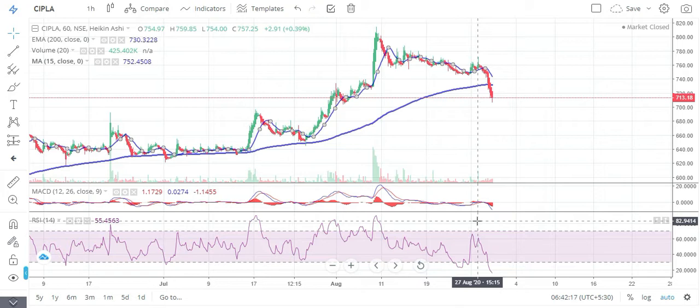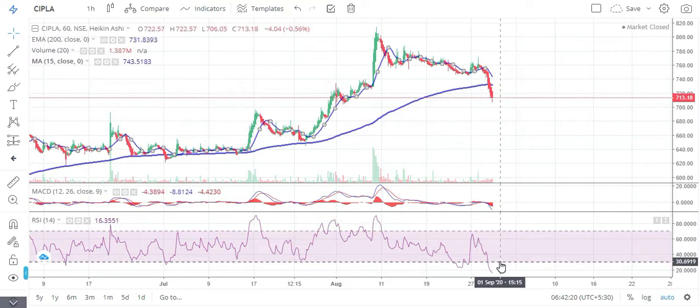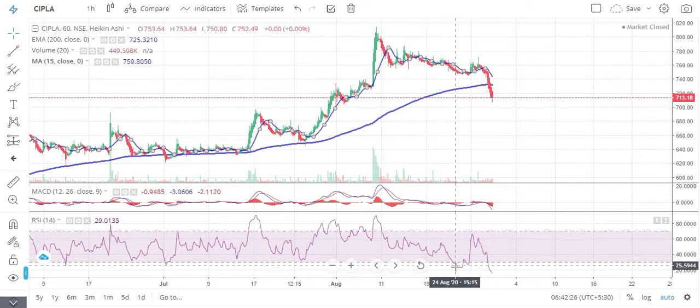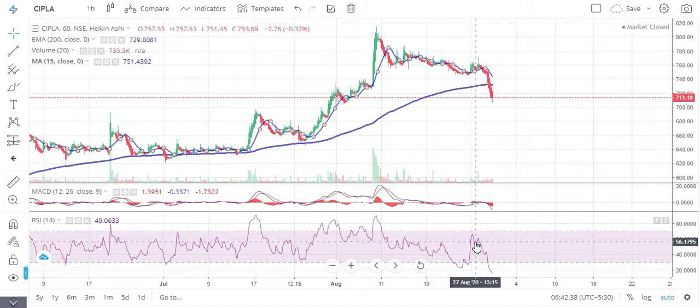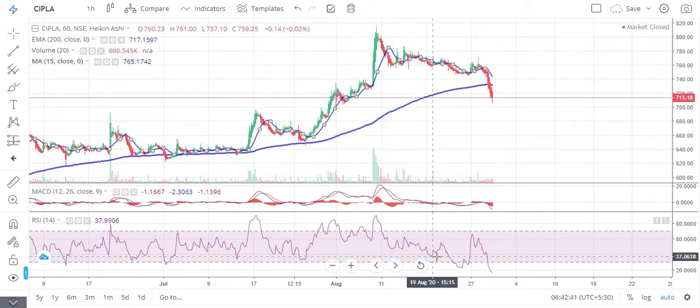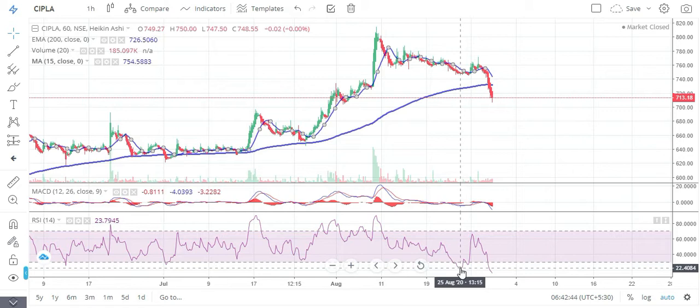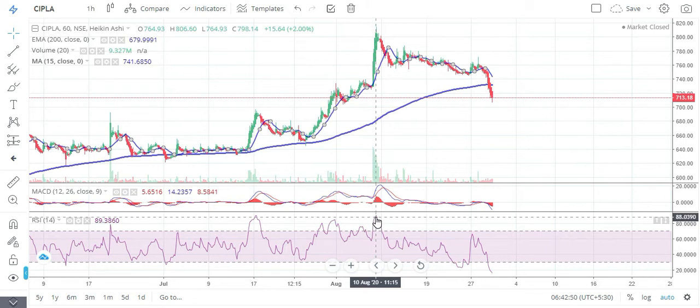So when we go, we have to just check if Cipla is currently trading at its highest, on the overbought side or the oversold side. If it's at oversold, eventually people are going to feel that it's cheaper, so they're going to start buying. So there is always a bounce back from oversold towards high and from high towards oversold. It's very simple, it's common sense. If it's cheaper, people are going to buy more and more, so it's going to start rising. If it's expensive, people have kept buying because of some good news or something, and once they reach that highest point, they're going to sell it.